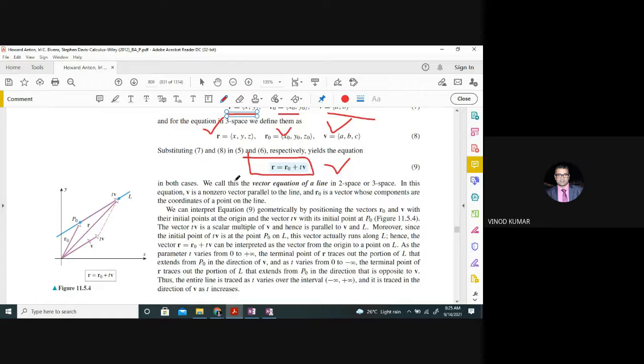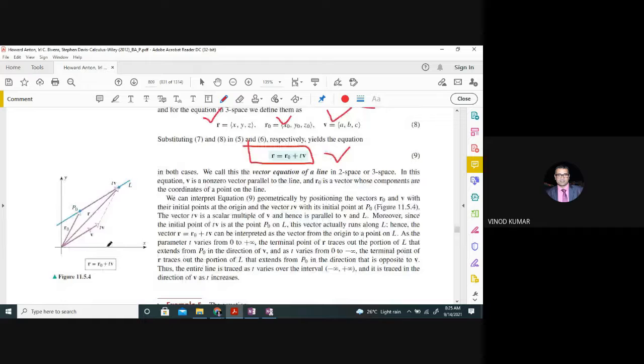So see this diagram. This position, this is the R naught vector. This is the V vector. And join the 2 points. Join 2 points means you draw this parallel vector. You draw this parallel and meet this point. This is t times V. t is the parameter whose value goes from minus infinity to plus infinity. So means you join this point. This is your V vector. This is R equals R naught plus tV.